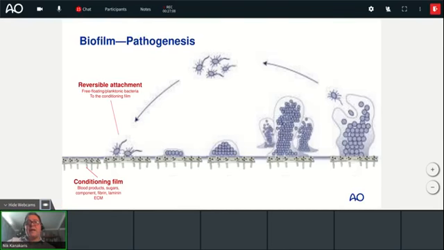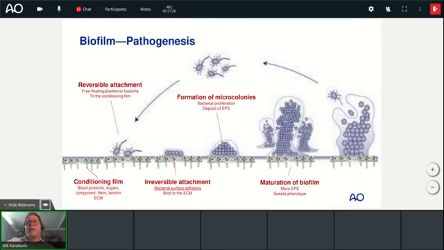Then they start attaching to the environment, and this becomes an irreversible attachment when they form bonds via special surface proteins that they have, the adhesins, which are species specific to the matrix. And then they multiply, they are still active, and gradually they develop even more matrix and fall into the sessile dormant state, and this is now a mature